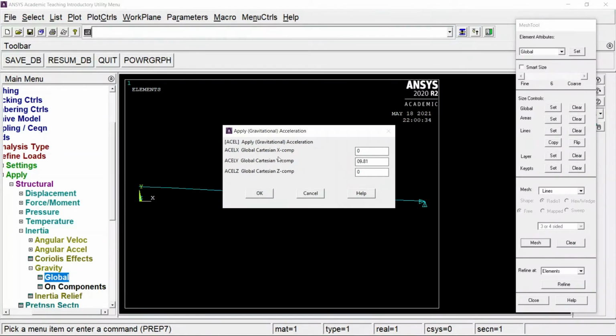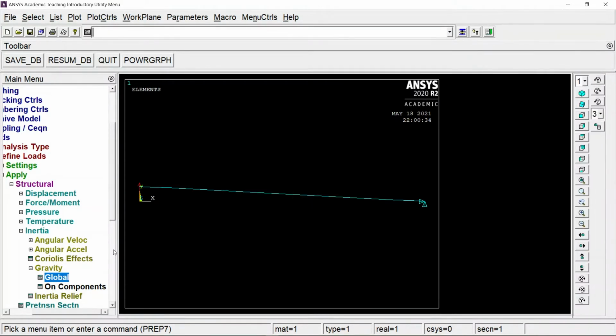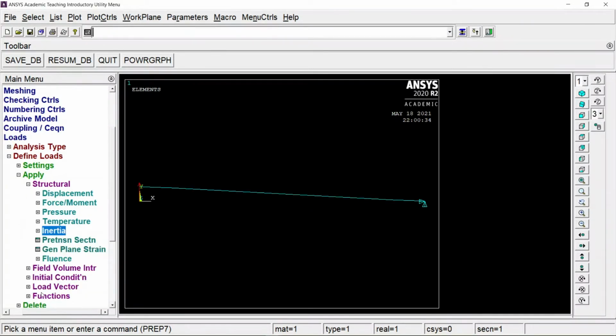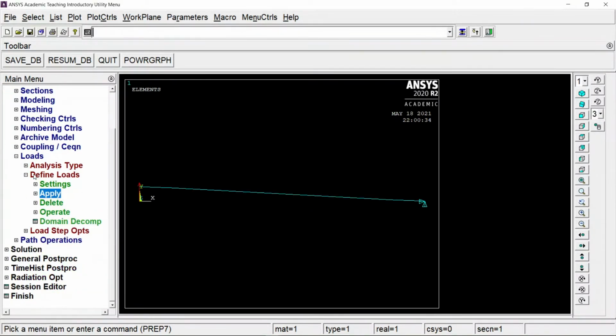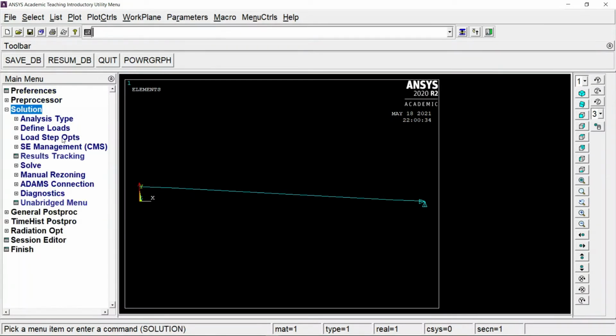In the global Cartesian y component, we are giving the gravity as 9.81 meter per second square. So we have completed all the parameters that we were looking for. Let's solve this.